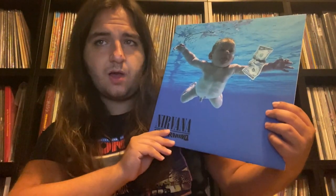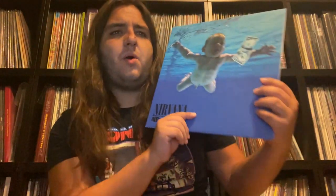Then in 2013, we got this pressing, which uses the same metal parts from the 2010 second pressing, but with the ORG-032 etchings crossed out and the inclusion of the catalog number DGC-24425. Now, the various ORG pressings are out of print. They command a minimum of $100, but this regular 2013 pressing is easily obtainable for $20 on average, and the